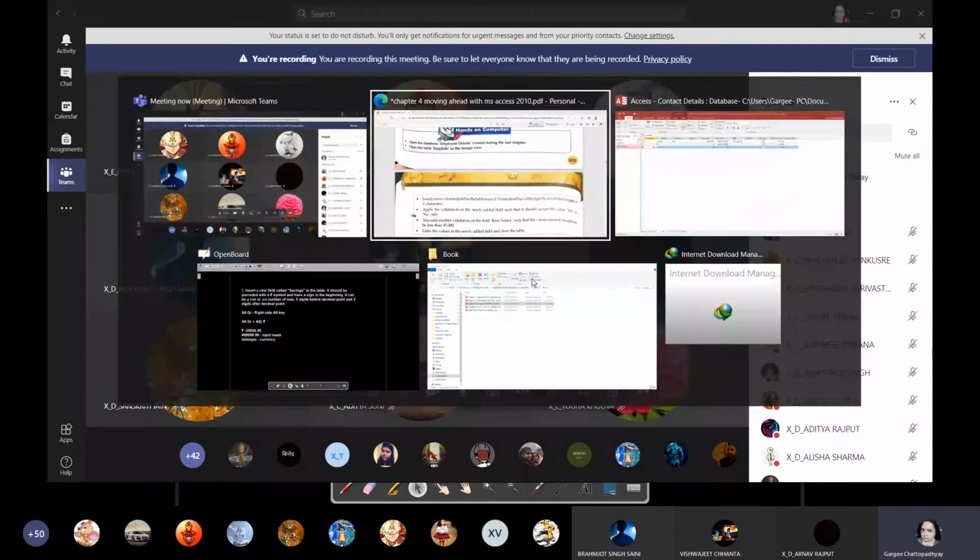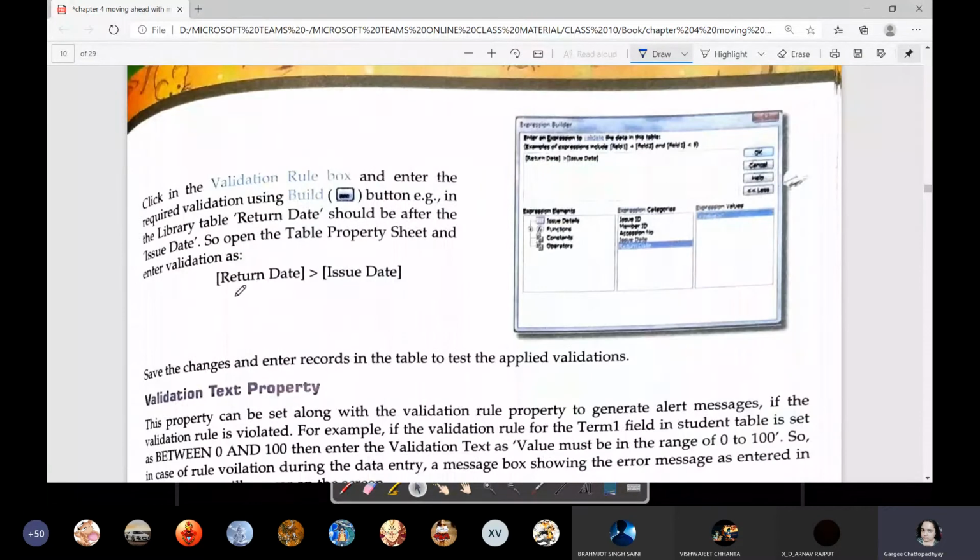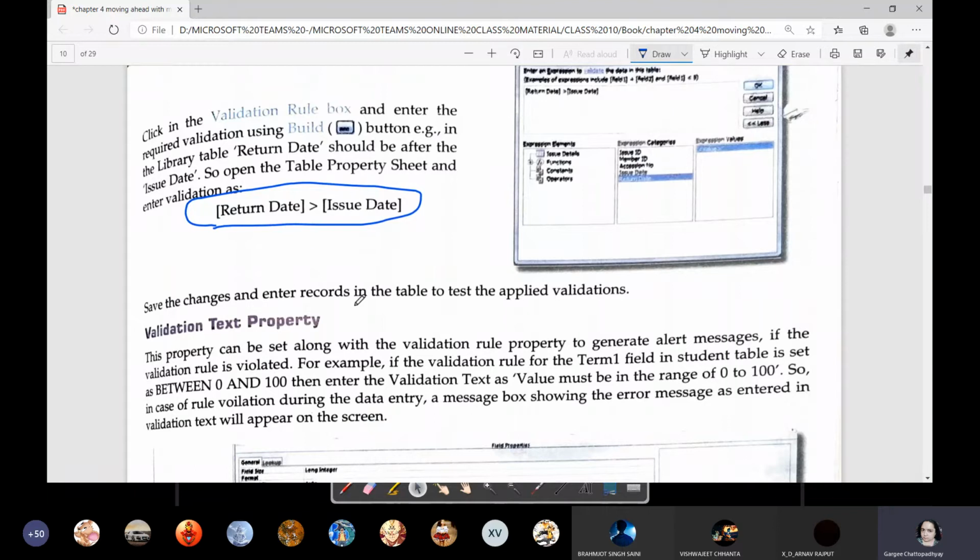Understood? So we had taken an example in the last class, that is, say, date of joining should be greater than or equal to 20 years more than the date of birth. So we had included how many fields? Two fields, date of joining and date of birth. That is the reason why it was a record validation. Some other examples are, you can check out this one, return date should be greater than issue date. So this can be considered. Can you just take a look at the name of the fields and tell me what information could be there in the table.